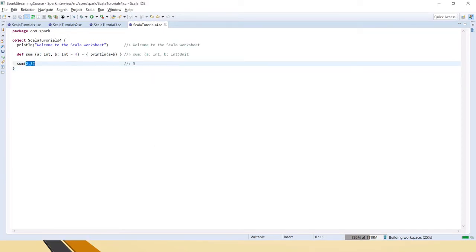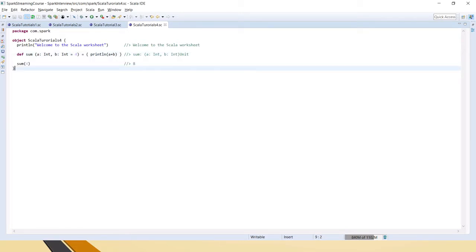Here we are passing 2 comma 3, right? Because we are passing the second parameter in the function, it has not taken the default value; it has considered the one we are passing, and it gives the total value, 2 plus 3 equals 5. Let's say we are not sending anything, only 4, and if you see, it has not given any error. Usually in any function, if there are two parameters and you send only one, it should give an error, right? But it has not given that. It has considered this 4 and done 4 plus 4 equals 8.